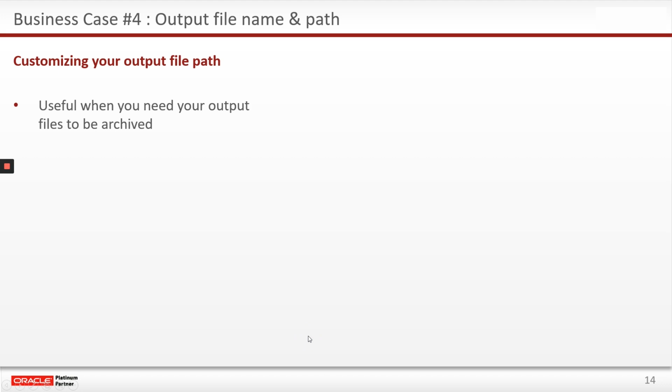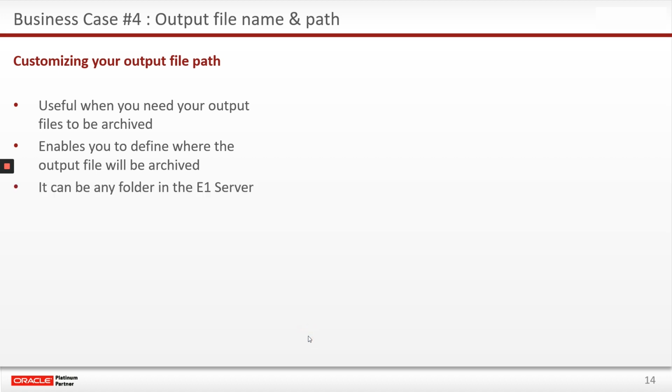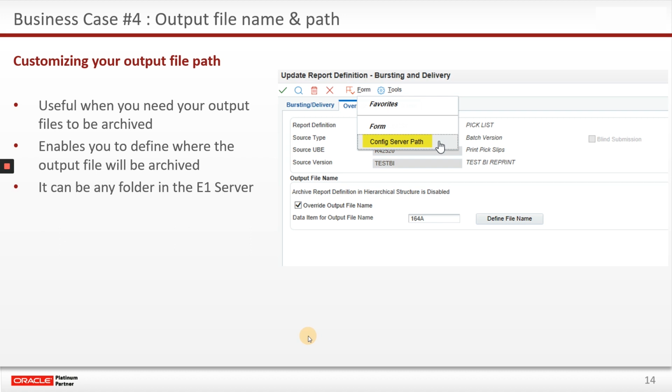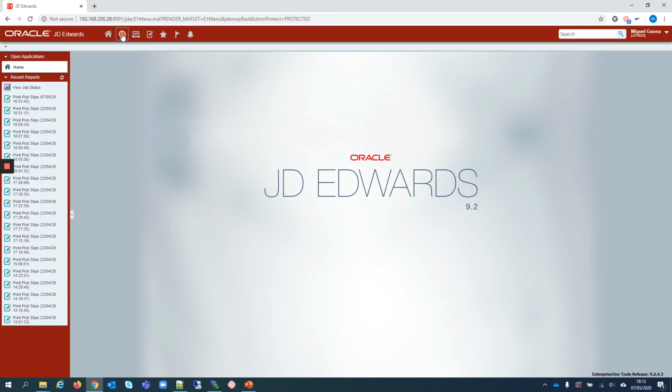And finally, customizing your output file path. It is useful when you need your output files to be archived, and enables you to define where the output file will be archived, and it can be any folder in the JD Edwards server. So let's see an example on the demo environment to see how customizing the output file name and path works. We will open the P95620 again,